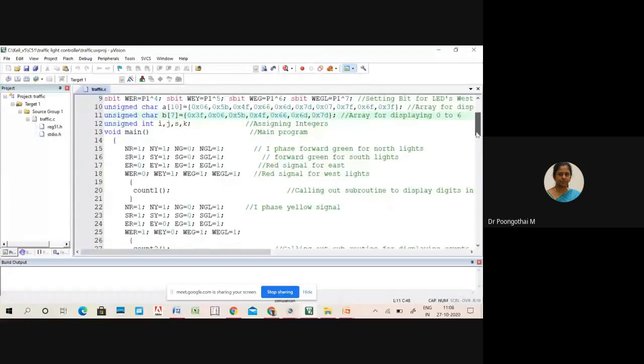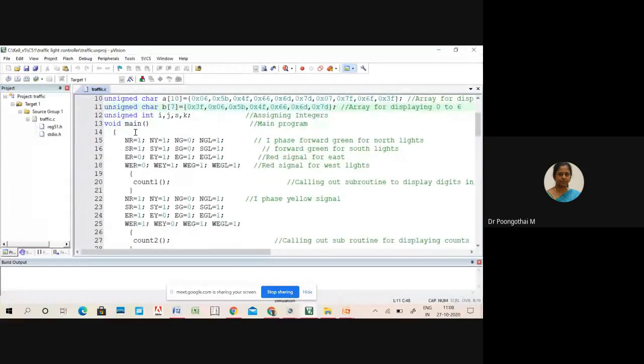For the first direction, the first phase, please look at this. Here NG is turned on and SG is turned on. All the remaining LEDs are turned off. And for the red signal, east red is turned on and west red is turned on.